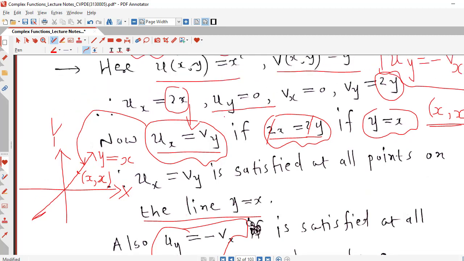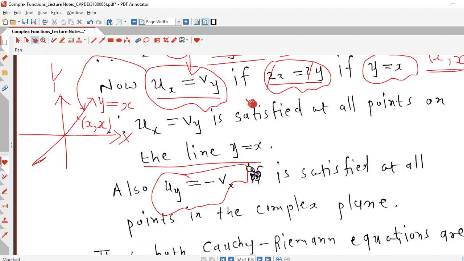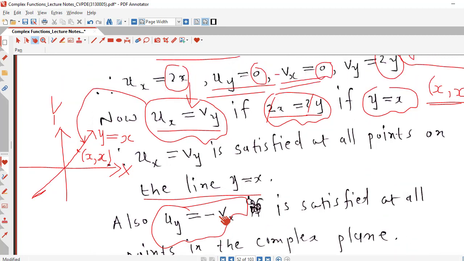del u by del y is 0 and del v by del x is 0. That means minus del v by del x is also 0. So we can see del u by del y and del v by del x both have value 0 at every point in the complex plane. So this equation u_y equal to minus v_x is satisfied at all the points in the complex plane,